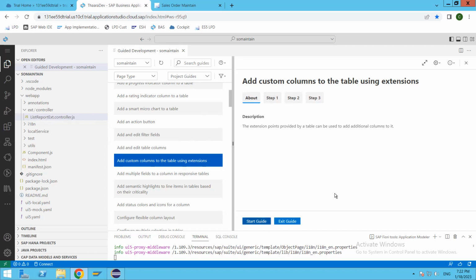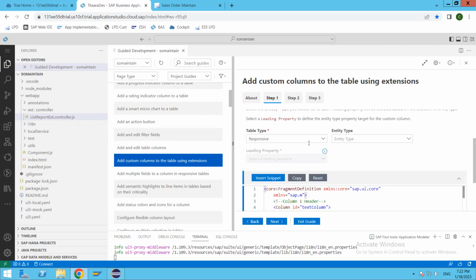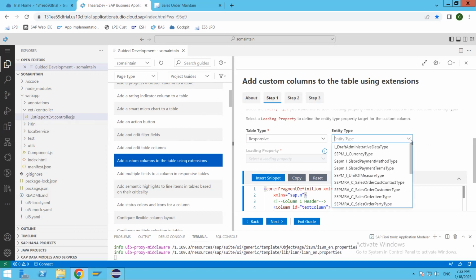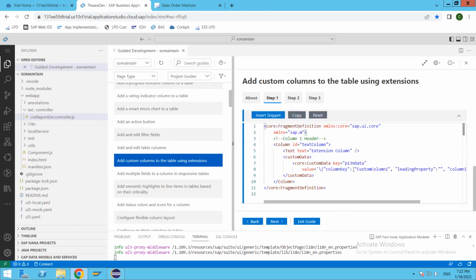If you start the guide and it goes ahead, the table type is going to be responsive. I'll tell you what these table types are. And the entity type, whatever entity type we have at the moment. Where is it going to? Yes. So if you see here, the fragment is going to add a column, and the column is going to be added with the column information for us. Okay, so